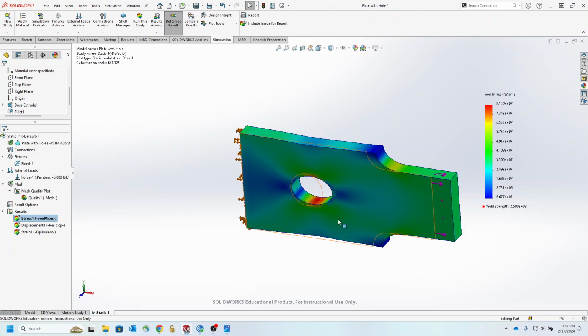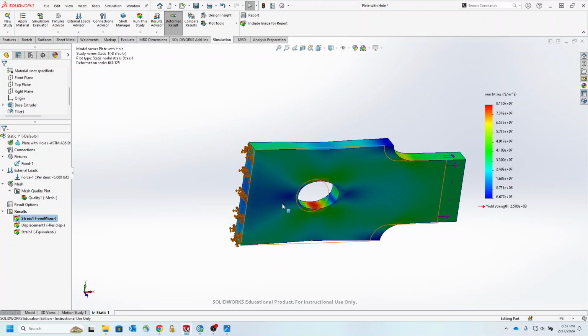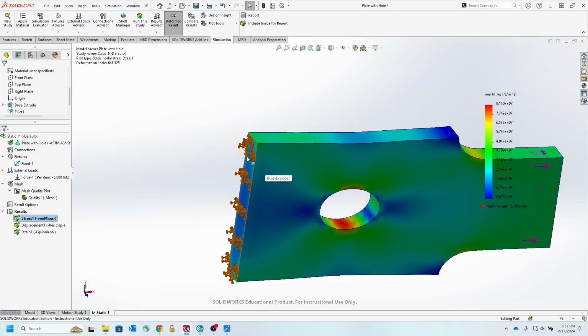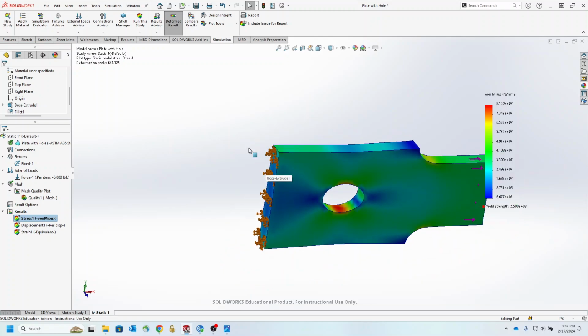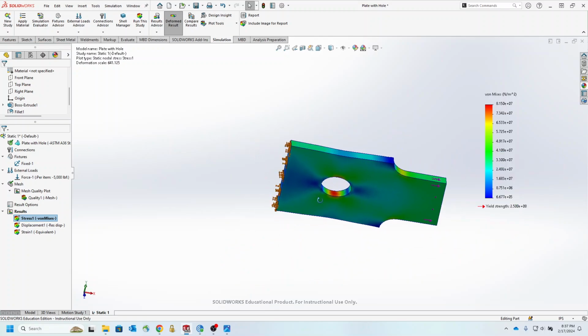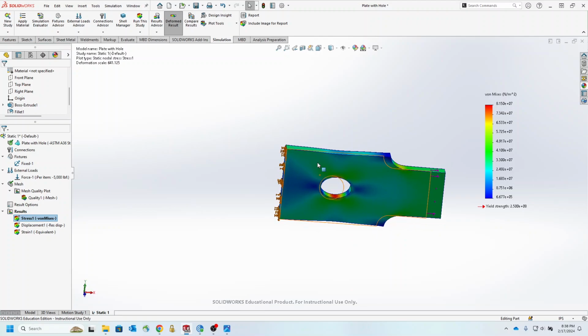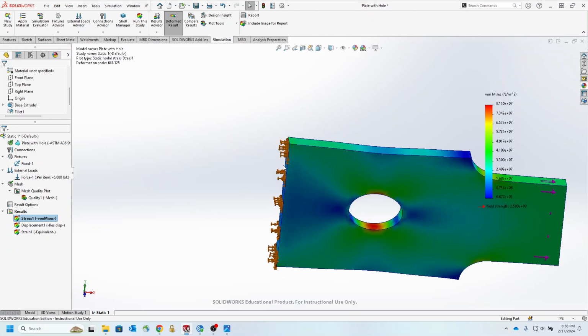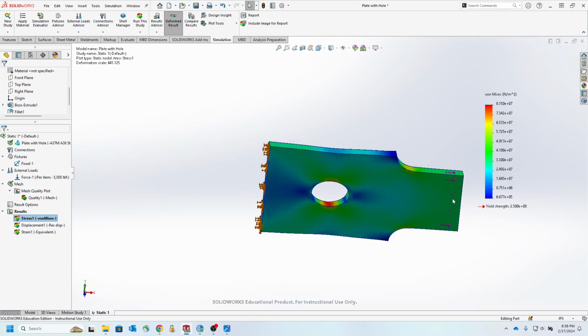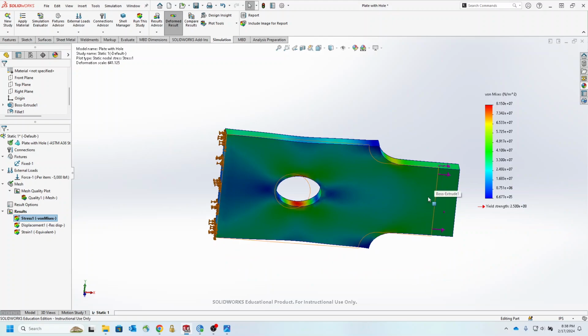But you will see that the area or the face that we selected as a fixture has never been shifted by this displacement. So this graph essentially is the deformed result, or the displacement result, of the calculation. This face has never changed, but the other parts, like this face particularly, have